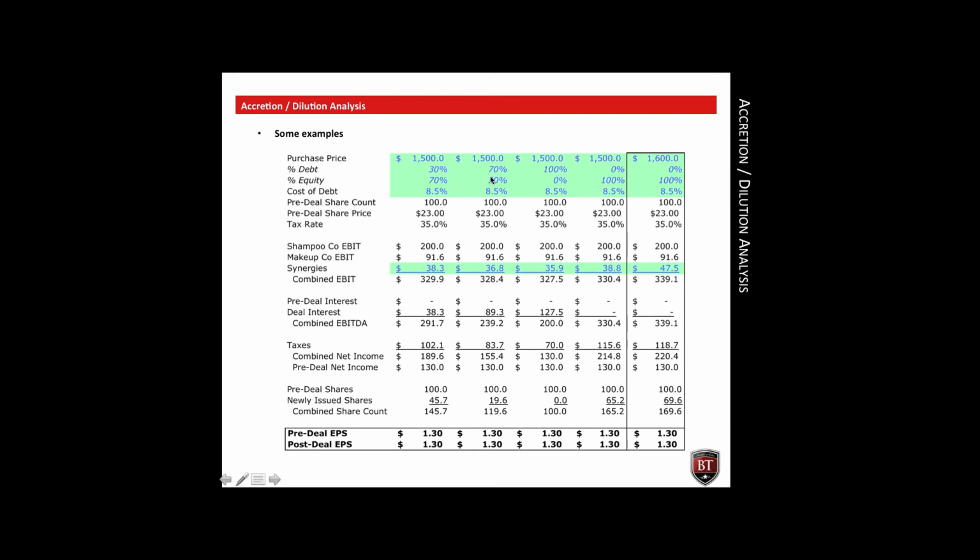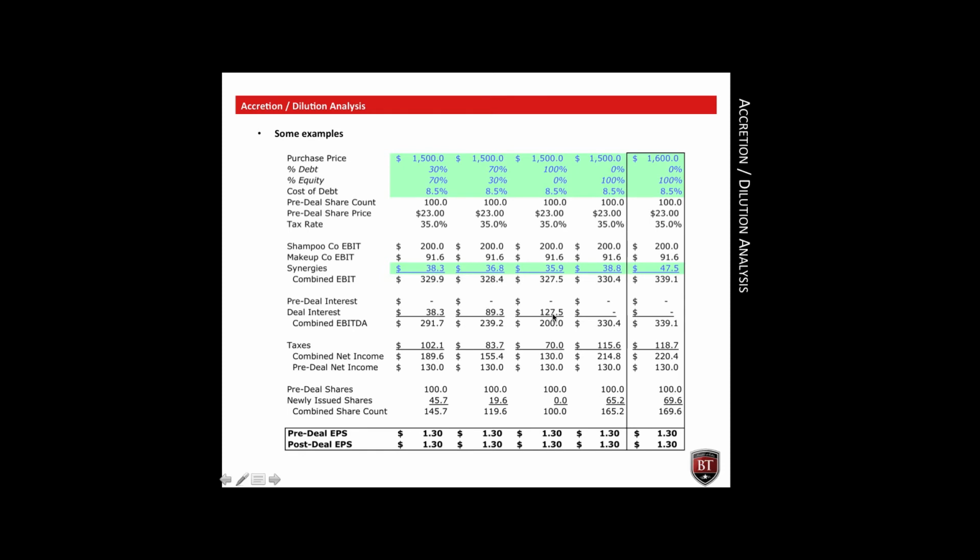big effect. Let's take it to an extreme example and go out to our third column, and we'll run through the numbers on this. Same purchase price. This one is financed 100% with debt, so we have no new shares issued. So still 100 million shares, and we know we need $1.30 per share. So we have 130 million of pre-deal and post-deal net income. If we divide by 1 minus our tax rate, 200 million of EBITDA, but now we need to add back